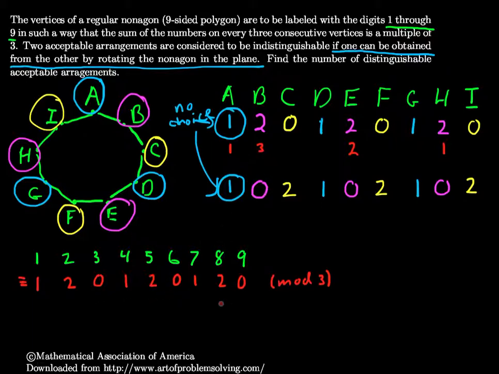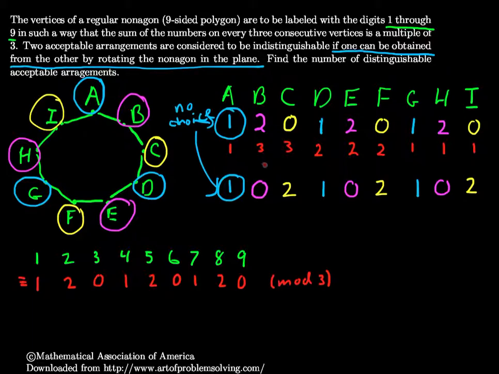I have 3 zeros, so I start off with 3 choices, but once I've chosen one of these, either 3, 6, or 9, then I only have 2 choices left for this 0, 1 choice left for this 0. And I chose, this had to be 1, okay, so this is taken out of the mix. I only have 2 ones left, so I have 2 choices for this one, 1 choice for this one, which means that this is going to be